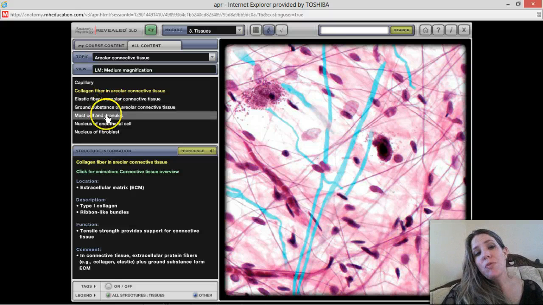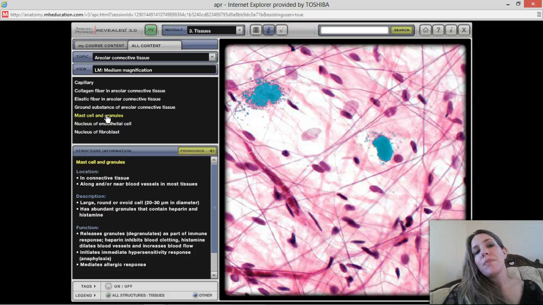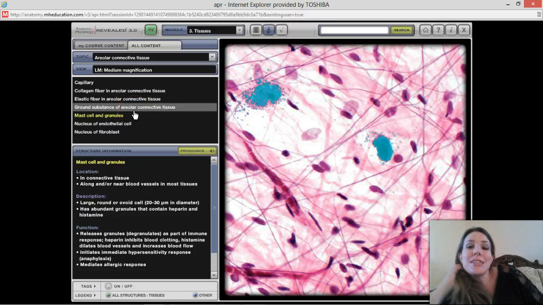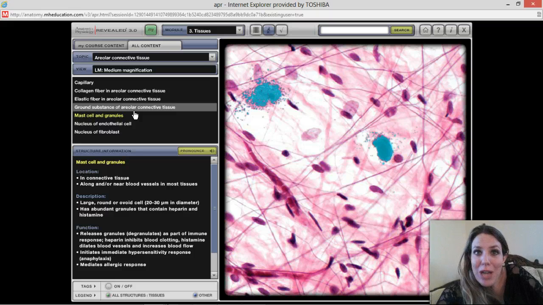Now, I forgot to mention this before. The other thing you have in areolar connective tissue are mast cells. And these are really important because mast cells are what produces histamine. Histamine is that inflammatory chemical when you get an allergy, right? That's what gives you the sniffly nose and the watery eyes and the red skin when you're exposed to something